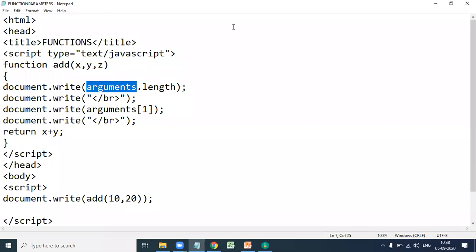What is the output for this one? Respond in the chat box. The number of actual parameters in the function call is 10 and 20, so it returns 2. Next line, arguments of 1, what is the output for this one?